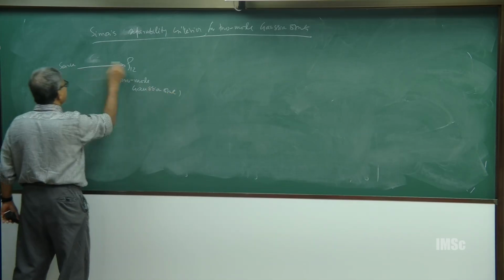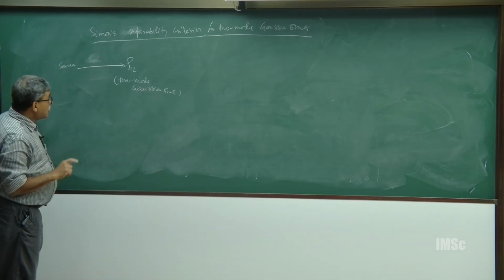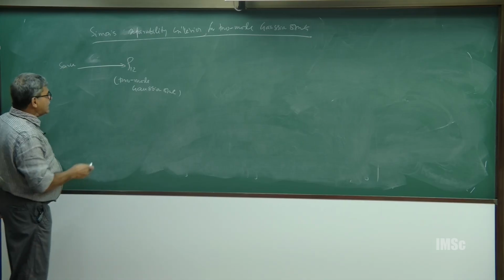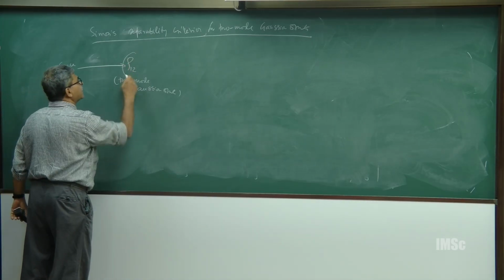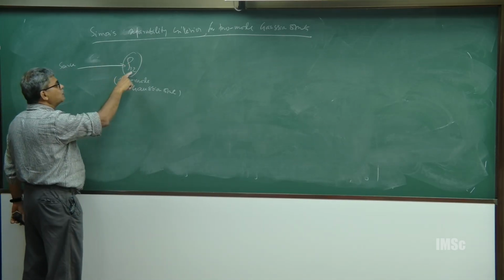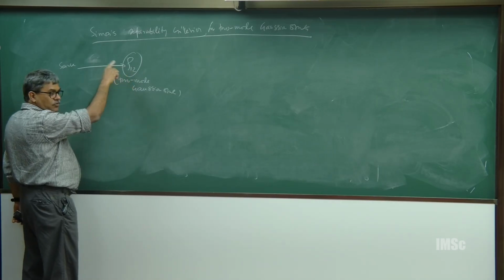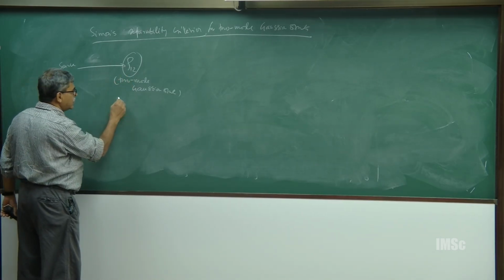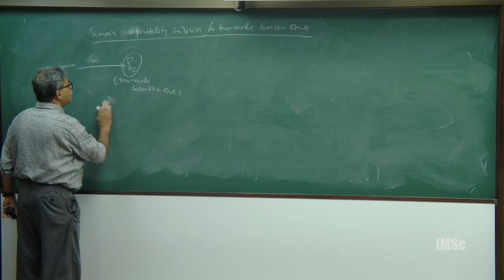I mean it will not be a single ray, but anyway, point is that I do not know what this is, I only know that this is a two mode Gaussian state. So, that means I do not know its